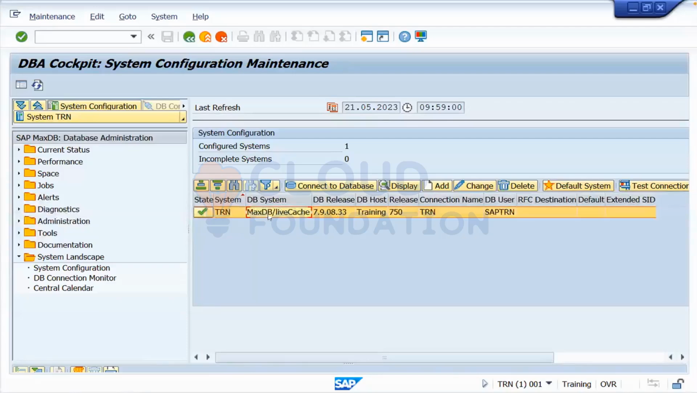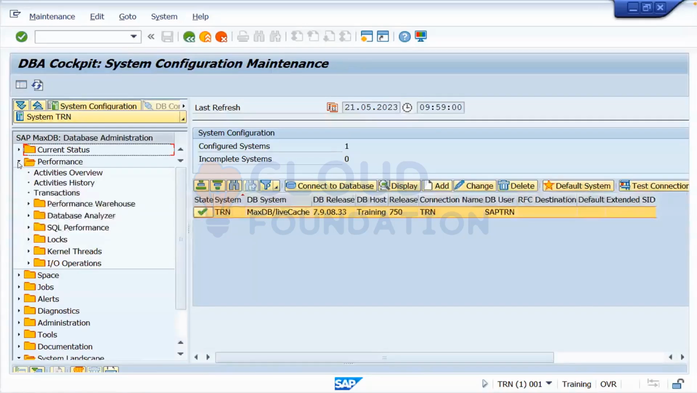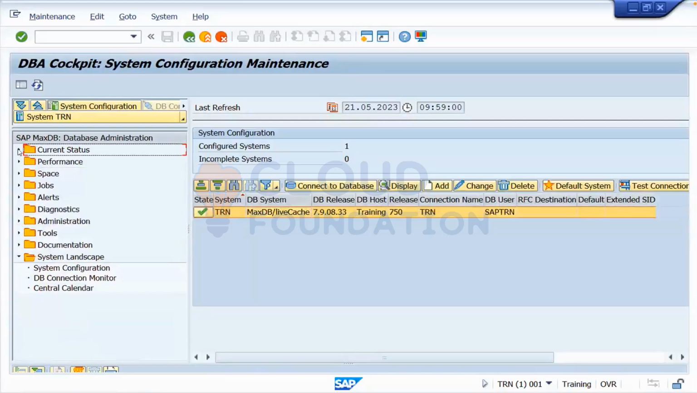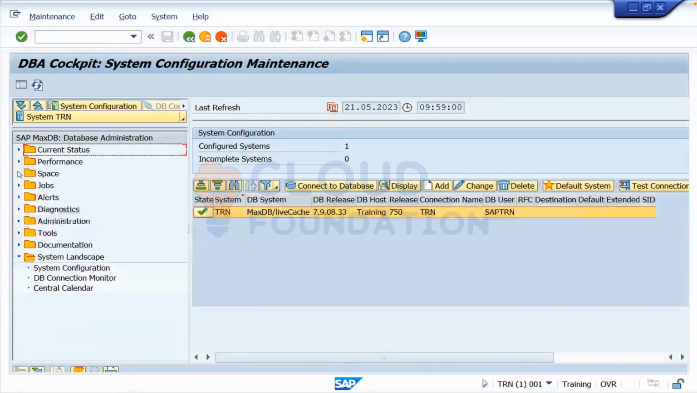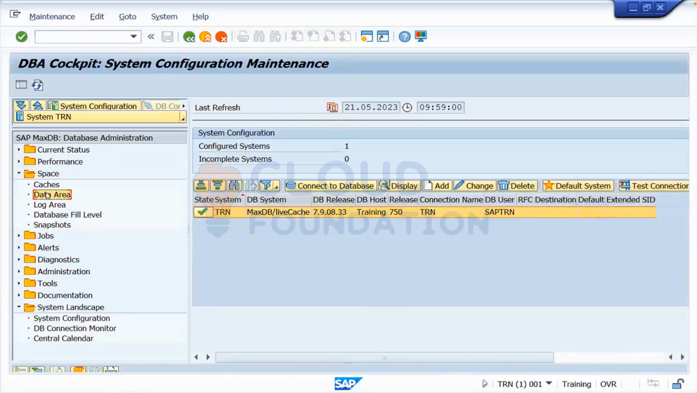So now, what is the database? Are you able to see? First, try to understand what our database is. MaxDB live cache. So here on the left side, we have everything. We have the performance of the database. You can see the current status. You can see the space. I want to see the data area, how much is the data area and how much is